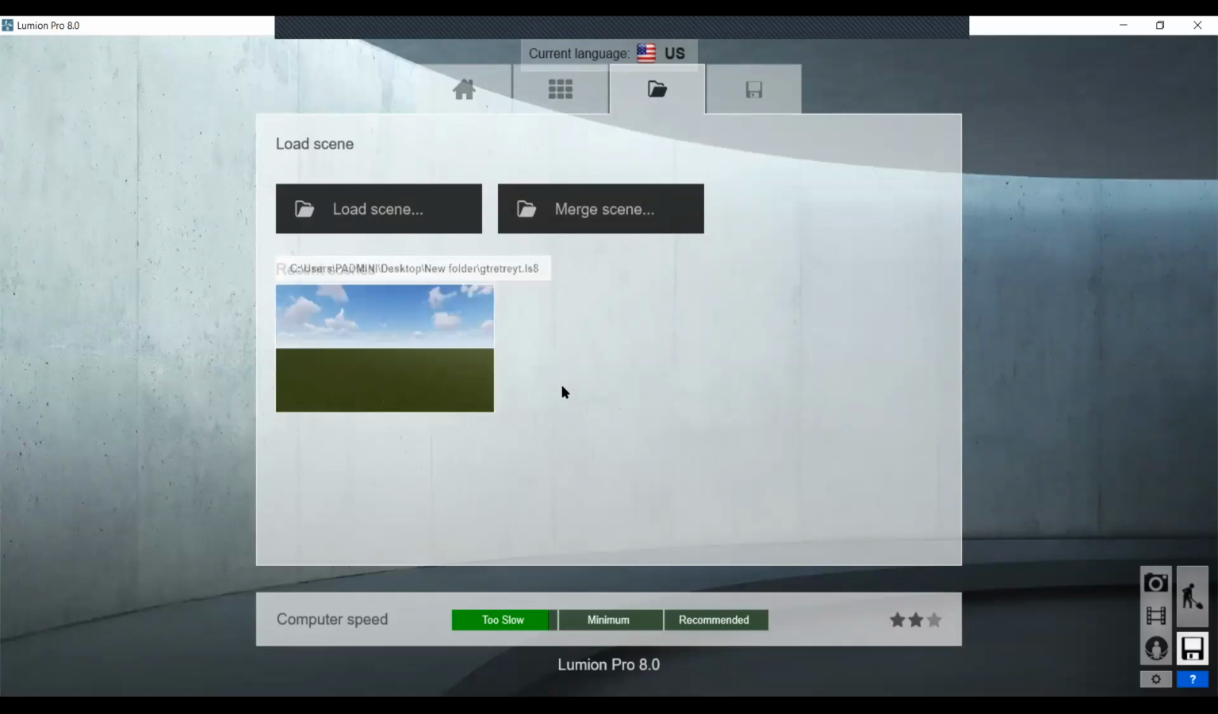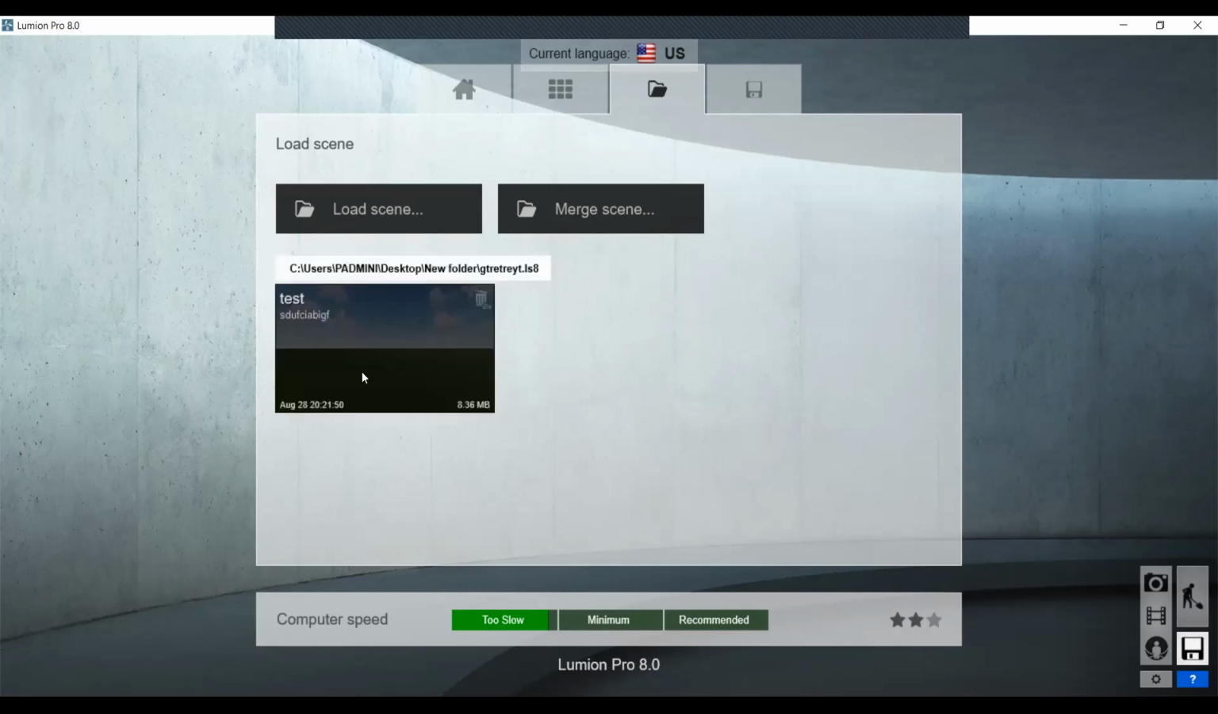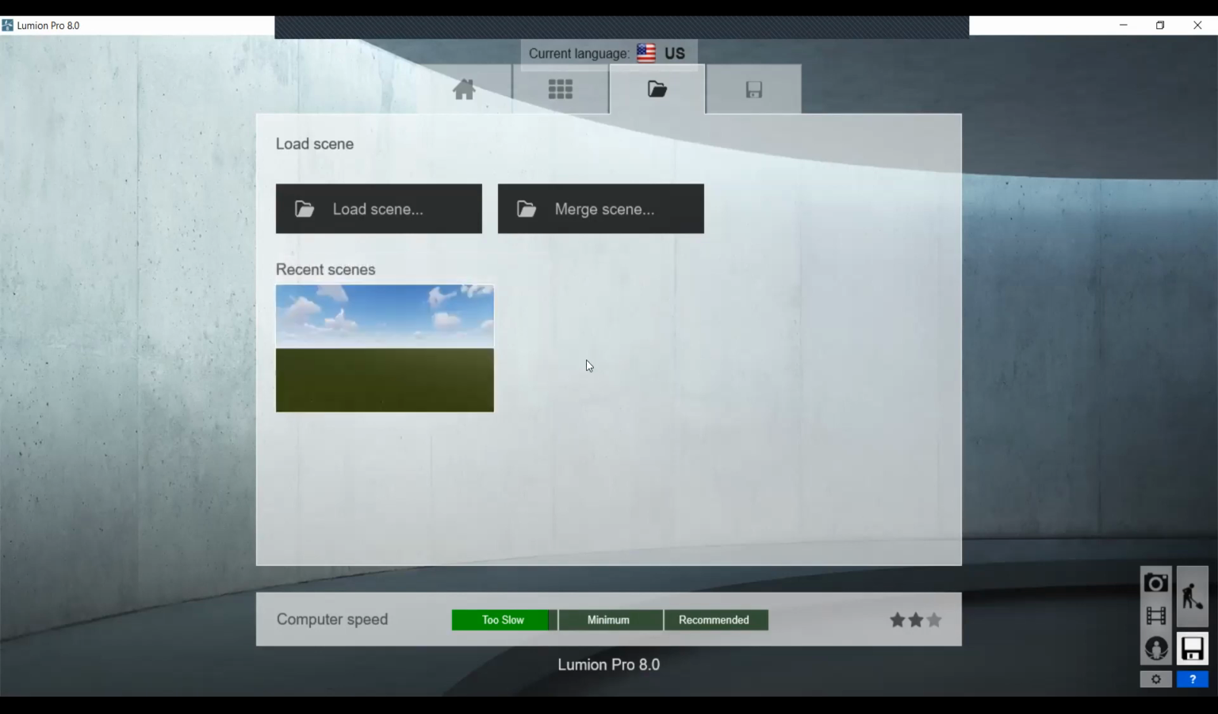I just installed this Lumion version on this new laptop, so I just opened this recent file, and I'll be seeing only this file here. If you have worked on so many files, you will be seeing all the recent files like this. You can just click on it to open your files, and you can also save your Lumion